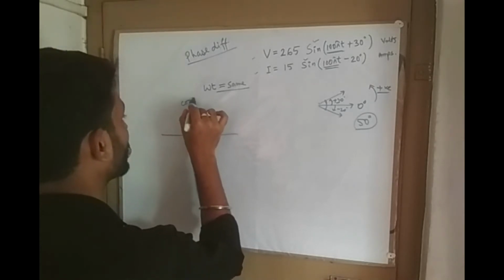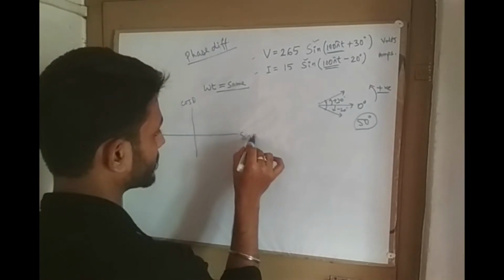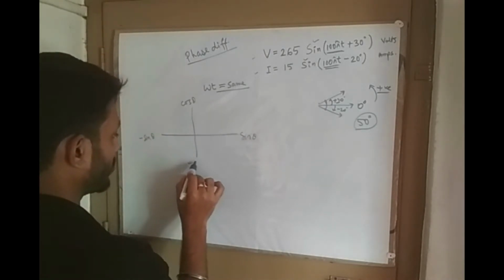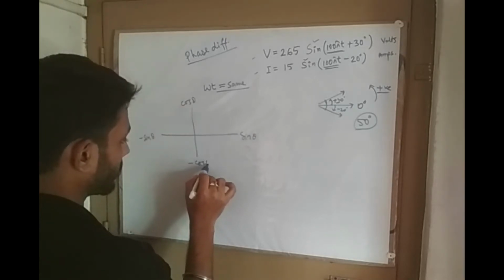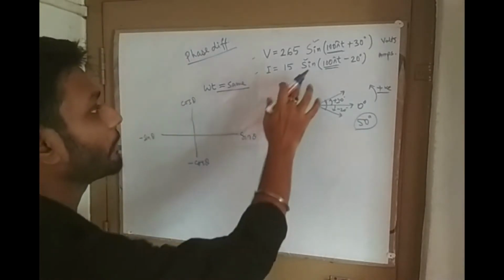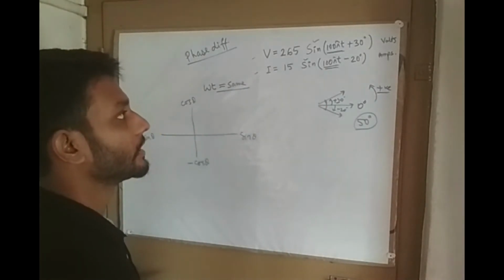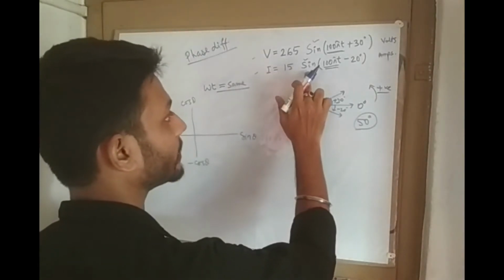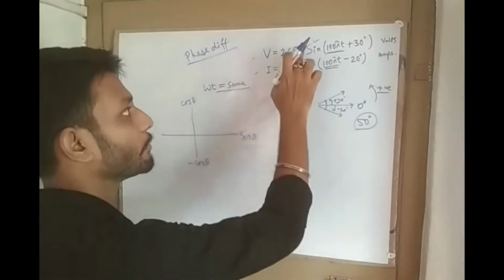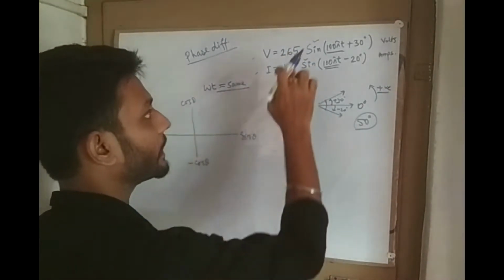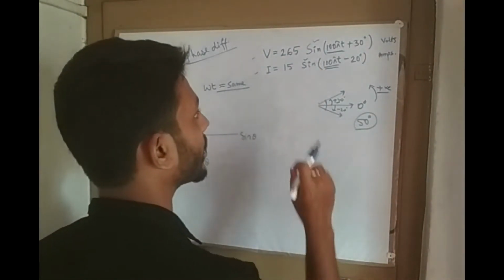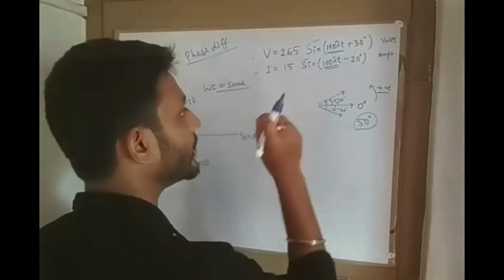But the other way, you can say this is cos theta, this is sin theta, this is minus sin theta, and this one minus cos theta. If you remember this one, then this type of problem will be very easy, whether it is given in terms of sine or in terms of cos. If both are sine, then it is easy. If both are cos, then also easy. But if one is sine and the other one is in terms of cos, then you have to convert each to be equal.